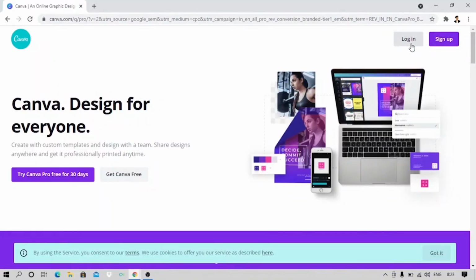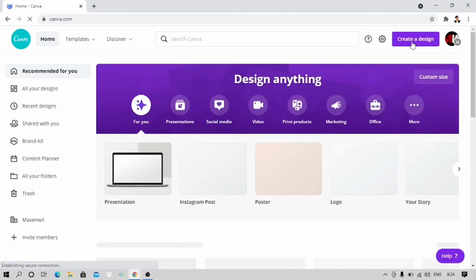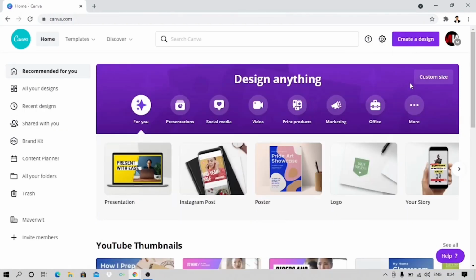Okay, so in order to open Canva, you have to go to Google, search Canva, click on the first link available and you'll be redirected to this interface. I've already logged in, but you might have to sign up and set up your account with email and you'll be fine. As far as I am concerned, I'll just log in. Once you are done with the login part, you'll be looking at the same exact interface.